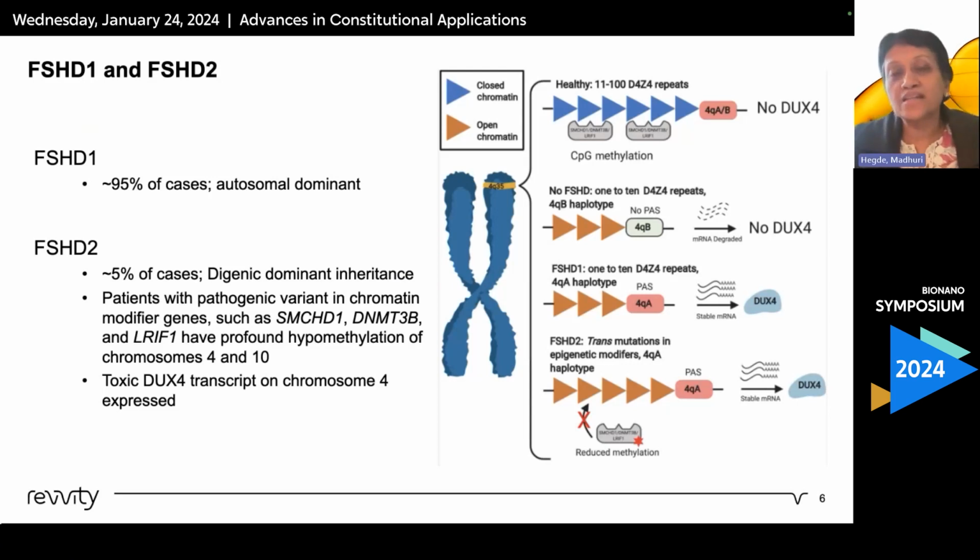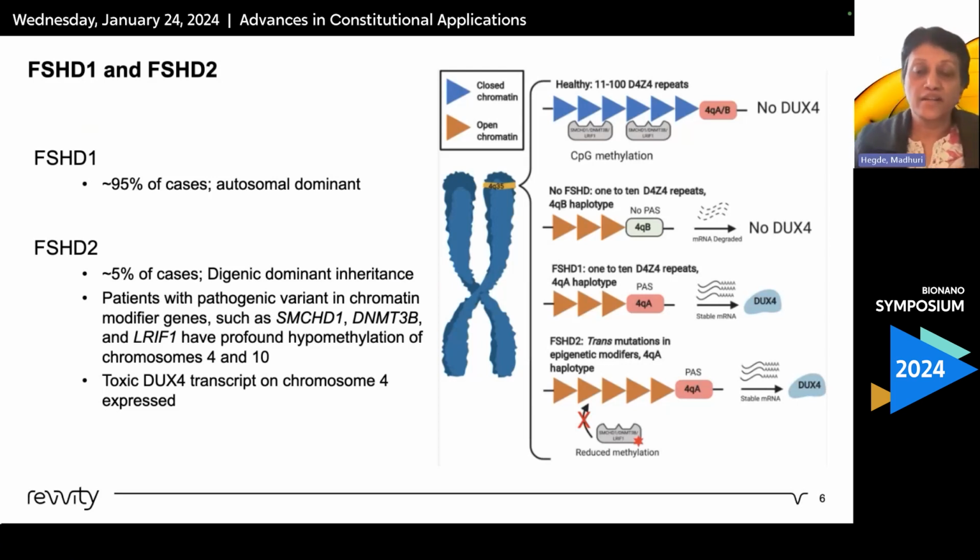So let's look at the mechanism a little bit. On this right-hand slide, you see a figure. The blue triangles are the closed chromatin, orange are open chromatin. The DUX4 gene is embedded in the D4Z4 repeats on chromosome 4. Essentially, what happens is the contraction of the D4Z4 repeats leads to the toxic expression of the DUX4 gene and